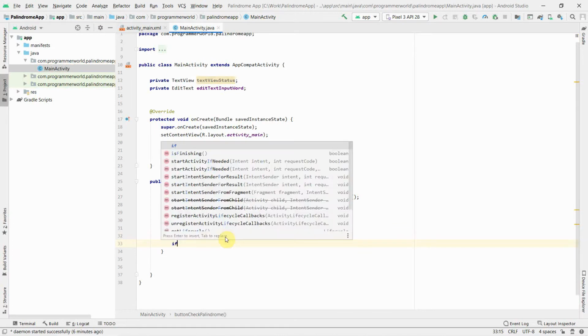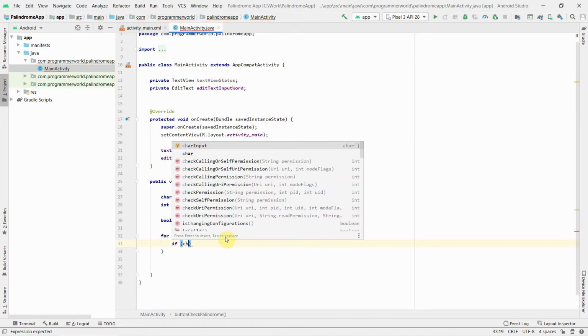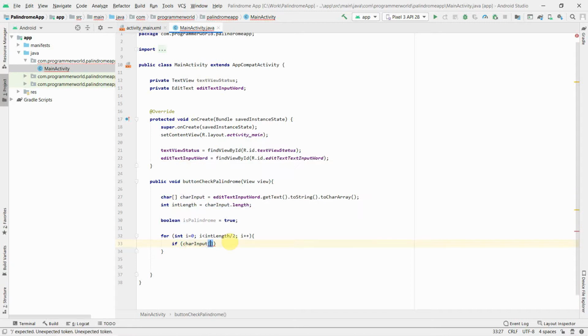And what else we'll need is, inside this we'll just directly check whether the character input we have got of the ith is equal or not equal. Probably I'll explain why we are checking for not equal shortly. If this is not equal to, we'll check from the back side, the end side, and the end side will be, of course, the input length - 1. Why we have to do -1 is because, say for example, the length of the character is 10, but the last index will be 9 and not 10, so we have to always do -1. And then minus to this will be the i, the index with which we are checking.